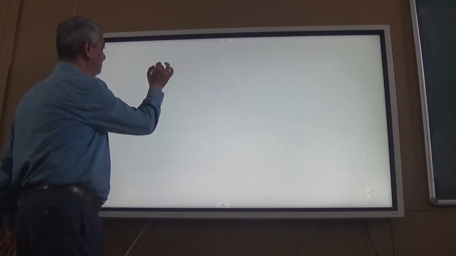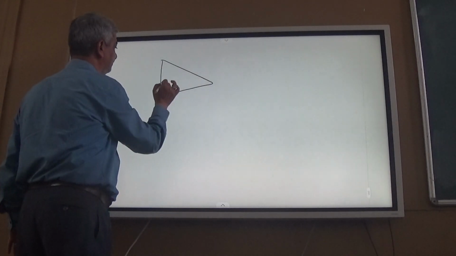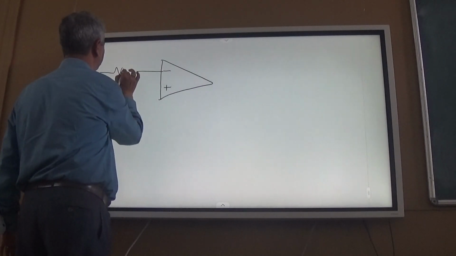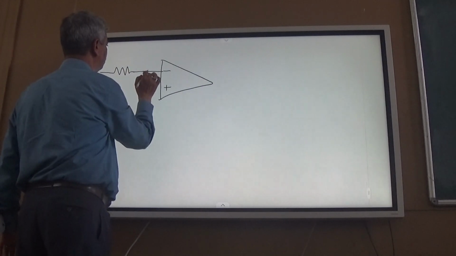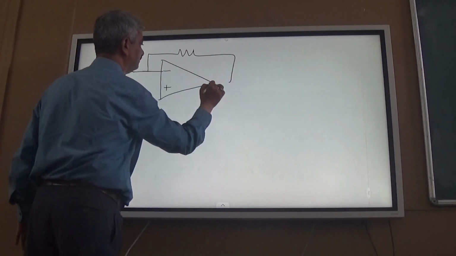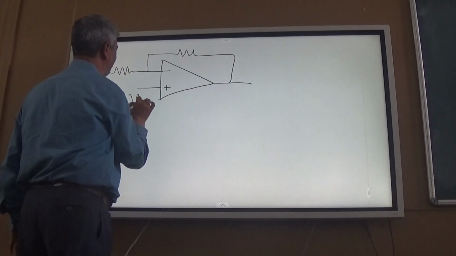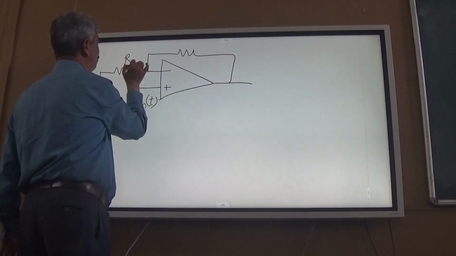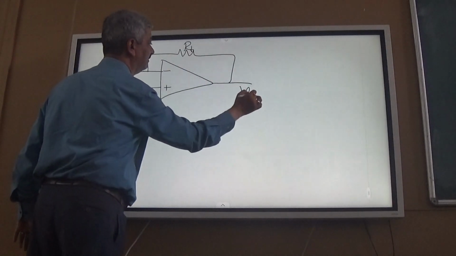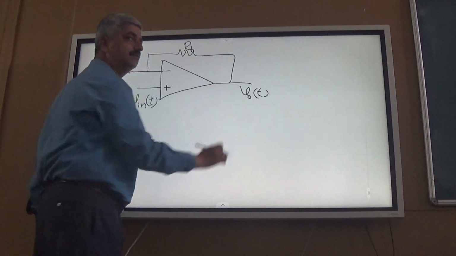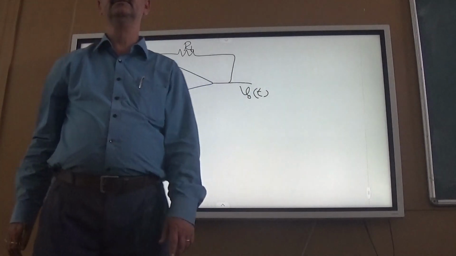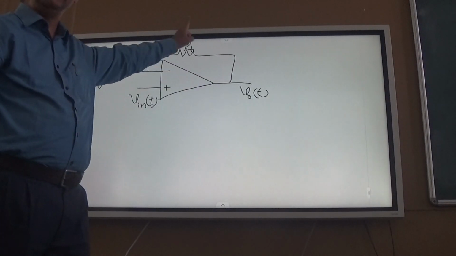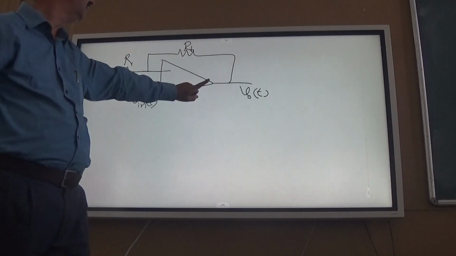So this is an operational amplifier. If I apply V in here, this is R1 and this is RF. What is V out? V out is equal to 1 plus RF upon R1 into